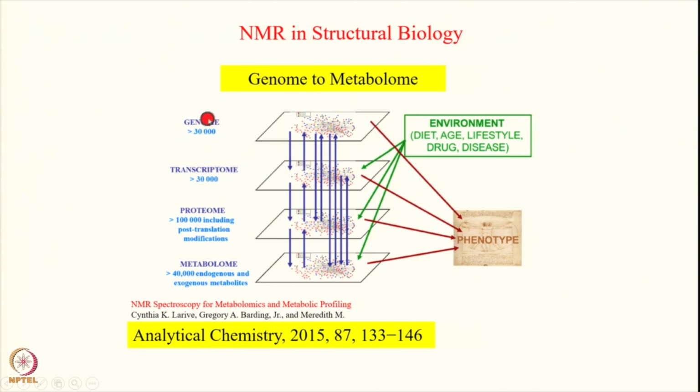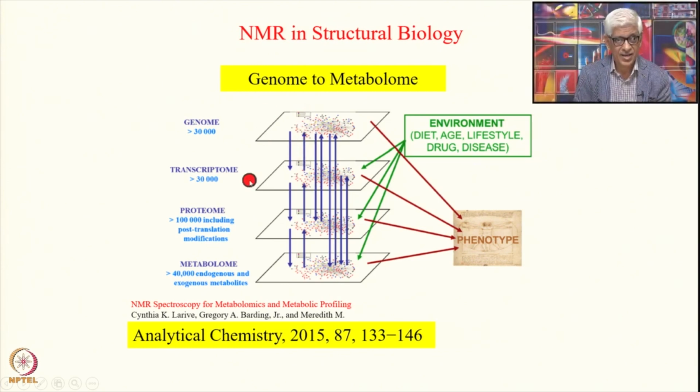So you have 30,000 genes which are expressed and produce 30,000 mRNAs. These 30,000 mRNAs are called the transcriptome. This is very characteristic of every individual. Every cell has its own transcriptome, therefore it becomes important to study the process from here to here. And then from these 30,000 transcripts you produce nearly 100,000